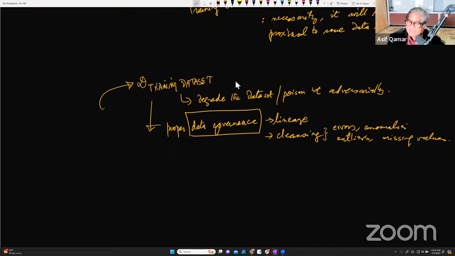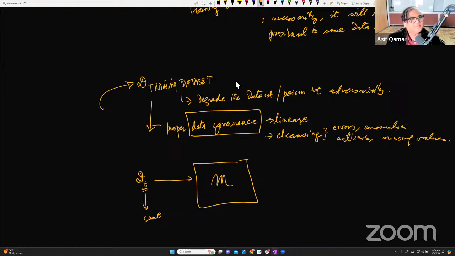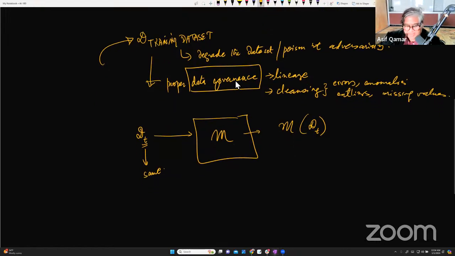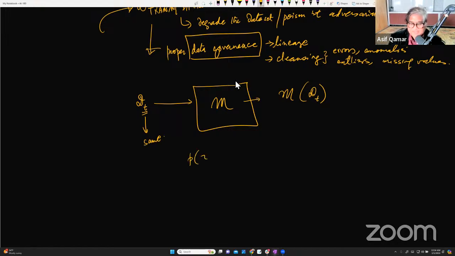And lineage of the data is important because suppose you have a model M. A model is trained with a data set D. You realize that the data set has a timestamp. You need to remember what the timestamp is, what the data set is. You need to freeze it and save it. Save this data, because this model that comes out is contingent on this data set. It is dependent because it has learned from that particular data set. Why is that relevant? Because over time, the distribution of the data, the probability distribution of the data,